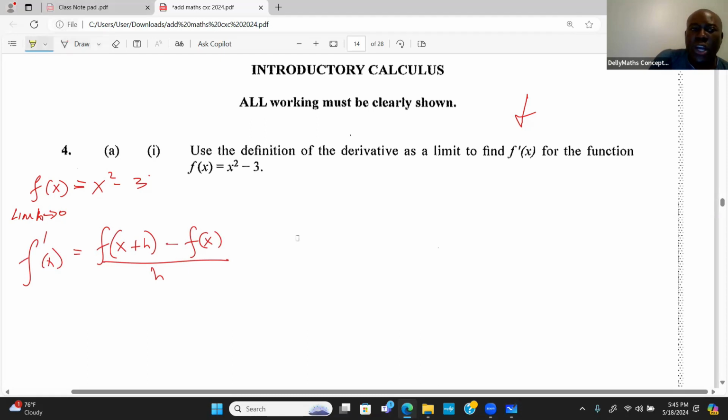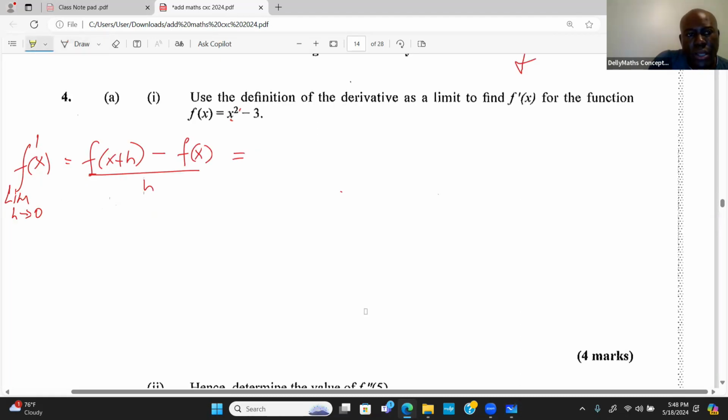And now, as you can see, our input was altered here. So we're going to substitute this wherever x is in the formula. For example, if you take a look, the input is what was altered by adding h. So then we're going to represent the idea. So here's the idea. x plus h squared minus 3, and we're going to minus the f function, which is going to be, put this in the parentheses,